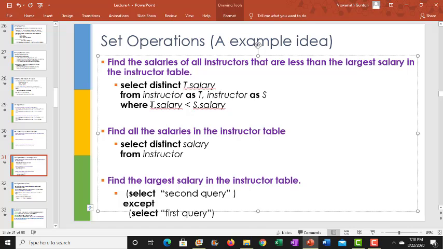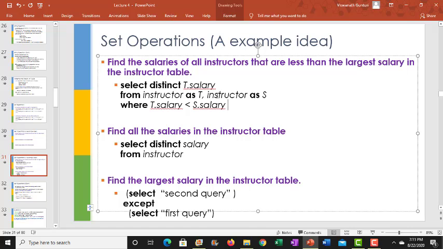So when you have a condition like this, what is it actually happening? Which tuples will actually pass through, or which tuples will not pass through? Let's just check that. Instructor is one relation, and somebody, or more than one person, will have the largest salary in the whole table, right? It's in an integer or a real range. So somebody will have the highest salary, right? So let that be some tuple ti,